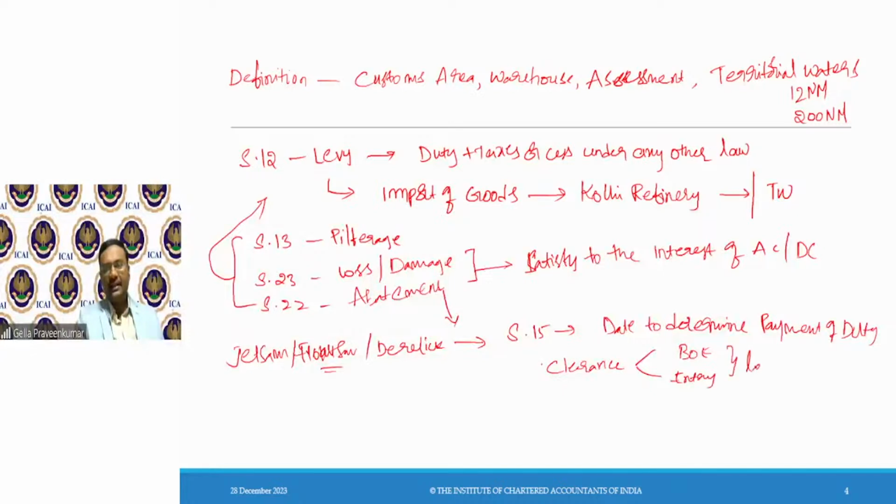Whichever is later, that shall be my date relevant for payment of duty. In case of a warehouse, the day your bill of entry is filed, that shall be relevant. Any other case, the date relevant will be payment of duty.